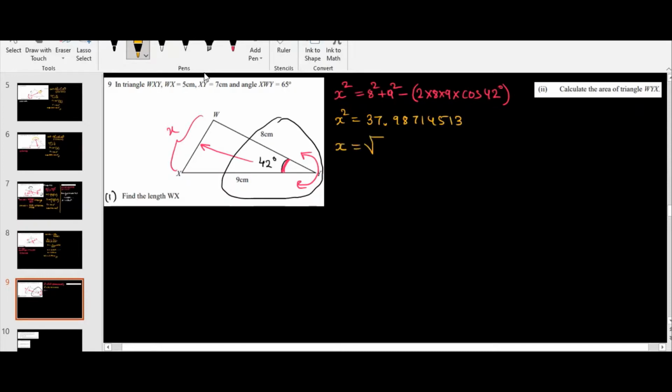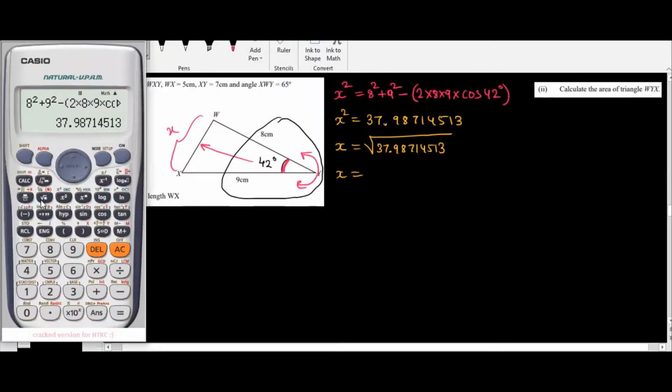So we have to find the square root of this number. It's 37.98714513. Please don't write in the middle round of value. In the middle, we never write round of value. It means that you are going to get the error in the final answer. So whatever digits you get, you write in your answer sheet and then you find the square root of that whole value. Don't round off in the middle of the calculation. Since we already have that value in our calculator, I will directly use the square root sign and then press the answer button, because the scientific calculator usually saves the previous answer. So there is a value here already and equal.